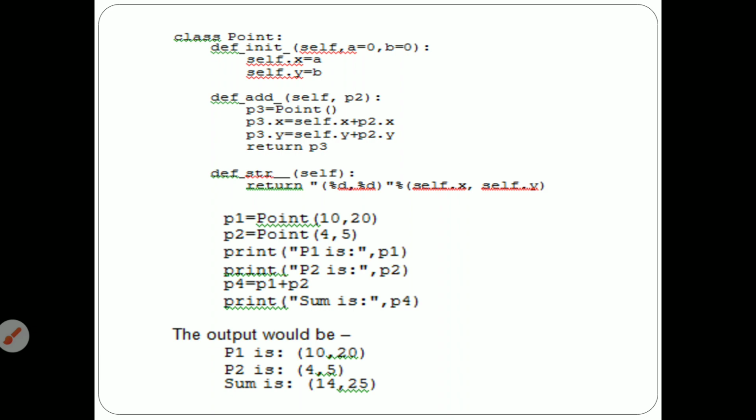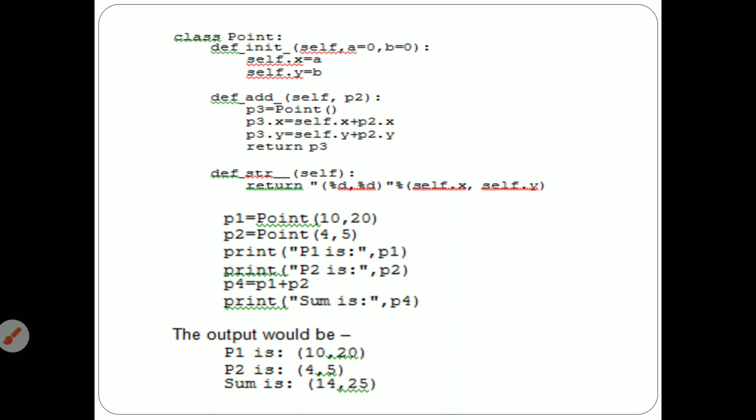self comma p2. So p3 equal to Point. So p3 dot x equal to self dot x plus p2 dot x, where self automatically references p1. So p3 dot x equals p1 dot x plus p2 dot x, and p3 dot y equals p1 dot y plus p2 dot y.